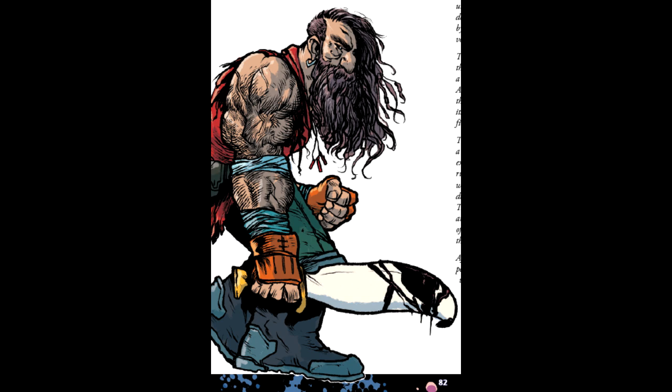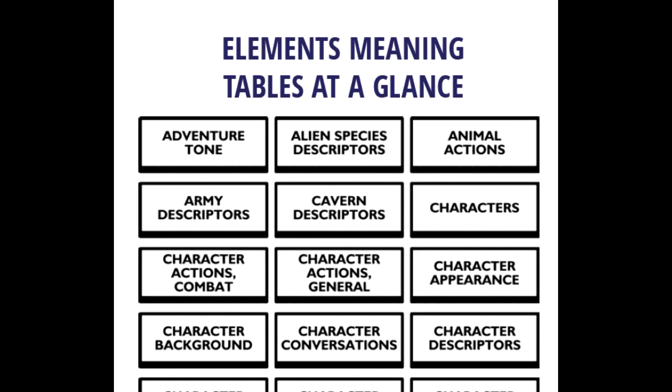There is nothing wrong with picking which table to use. The main actions and descriptions tables are general enough that they can be applied to anything. The core elements tables get a little more specific when it comes to locations, characters, and objects. And the extra elements tables take it a step further by getting even more specific about certain subjects. Most of the elements meaning tables are self-explanatory. For instance, the creature descriptors table can be used for describing creatures, and the animal actions table for defining what an animal does. To help you choose which ones to use, there are descriptions of the various tables in this